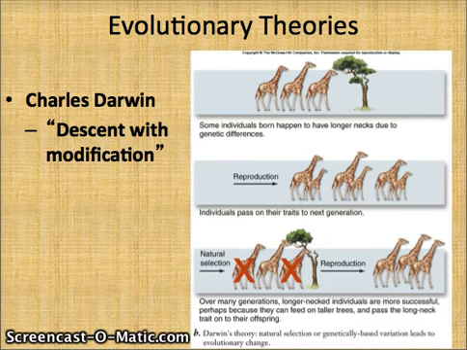Darwin said that it's not what you do with your body every day, but it's your genes that determine what your offspring look like. He called that descent with modification, meaning that your offspring came due to the modification of your genes over time. Keep in mind as we talk about evolution that you are not always creating a more complex organism. You're creating one that is a better fit to its environment. And if that means becoming less complex, then that's what will happen.